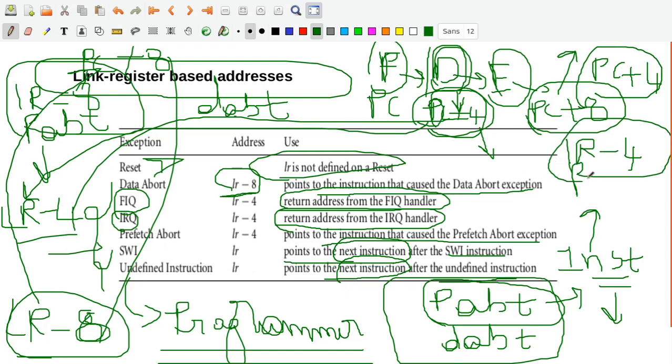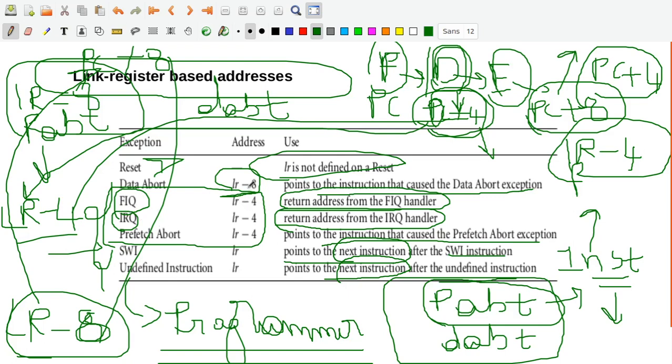So that's why you put LR minus 4 as the return address, so that you come back properly from the FIQ handler or the IRQ handler. So there is no difference here. All these three things remain the same, that is, they will be at the starting address of the decoding stage before they get interrupted and go to the FIQ handler, and then the return address. So the same instruction comes back here, because